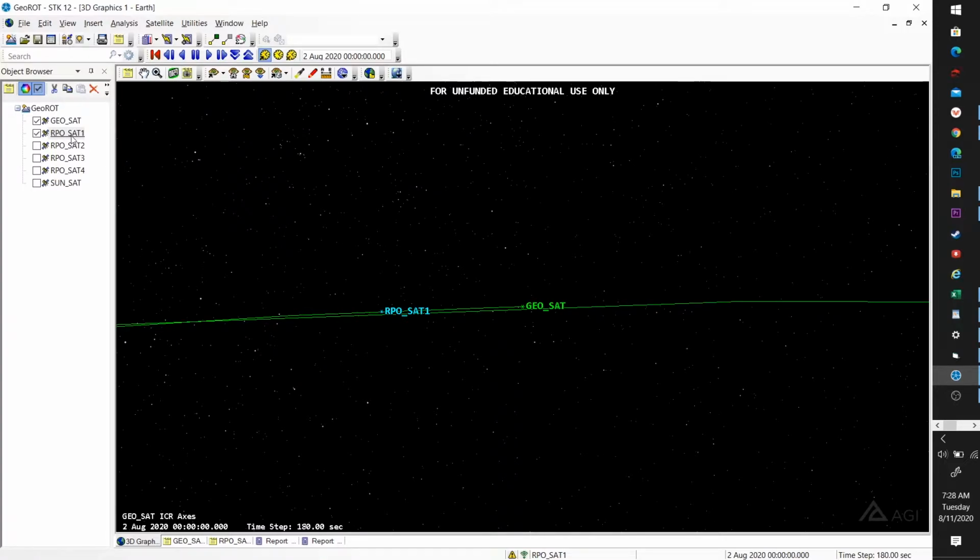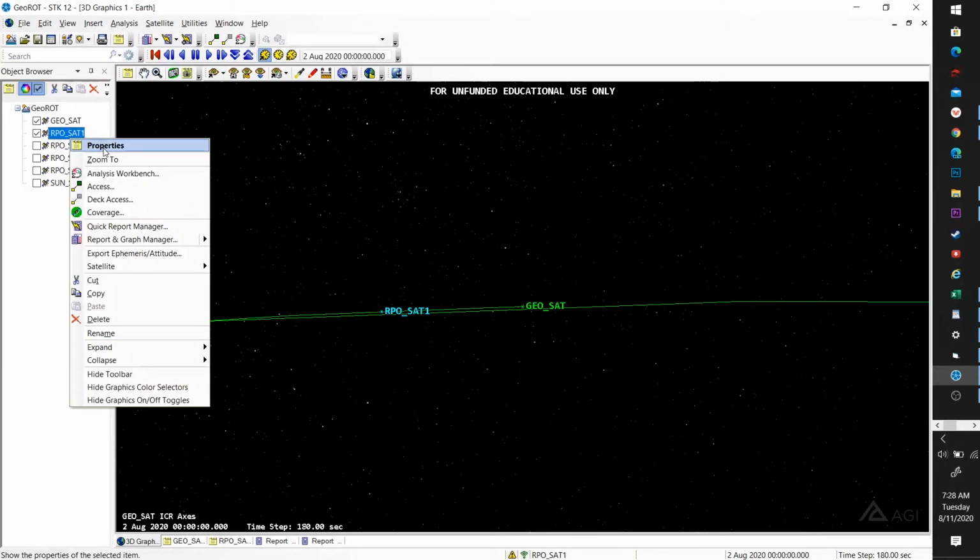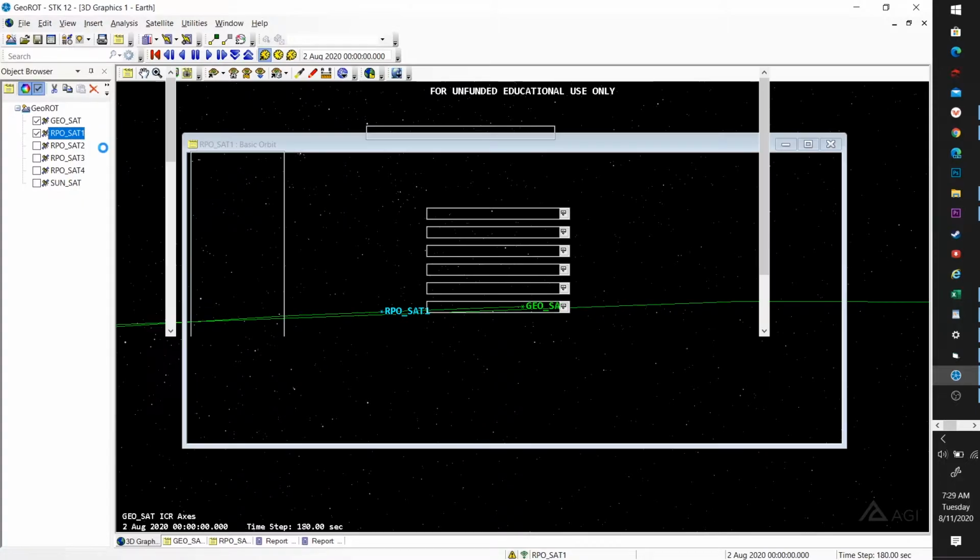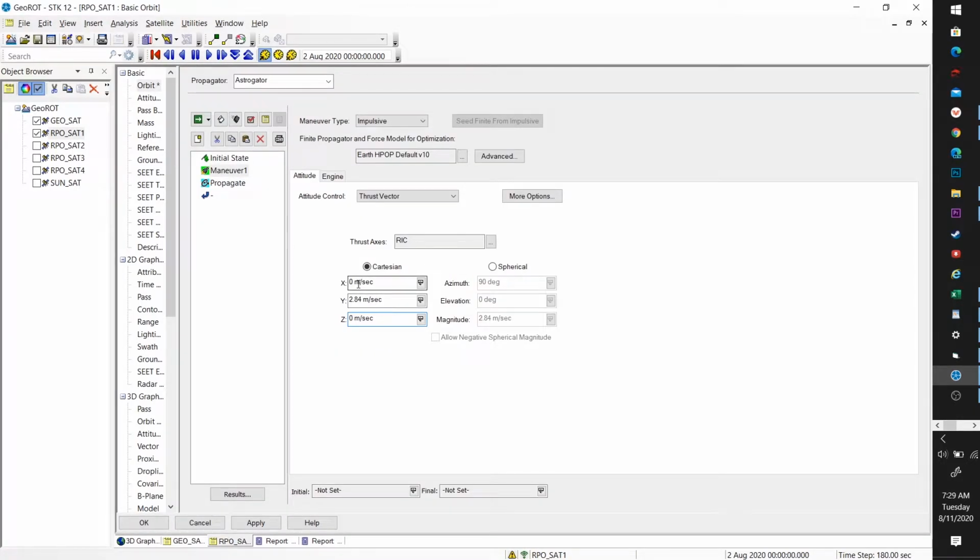Okay, that 78 should stand out to you because that is our rule of thumb for 1 degree per day drift. So I've got RPO satellite here, 1 degree away from GeoSat, and I'm going to perform a 2.84 meters per second positive in-track burn. Here I have that set up: 0 radial, 2.84 meters per second in-track, and 0 cross-track. Just going to do that burn,